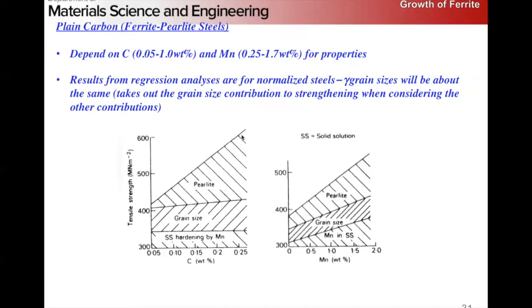right? Because remember, pearlite is much stronger than plain ferrite. Now, if we hold carbon content constant and we adjust our manganese, we see that we get an increase in strength from the solid solution strengthening of manganese, right? We get a grain size effect that's fairly constant, and then we get a more modest strengthening effect from the